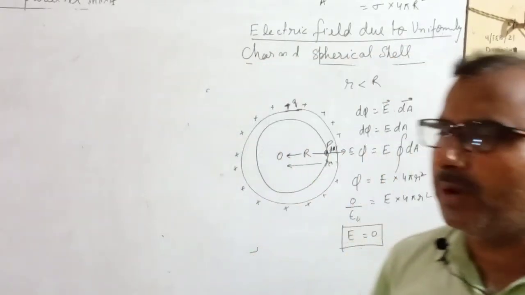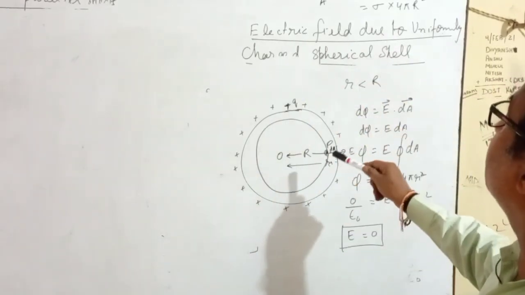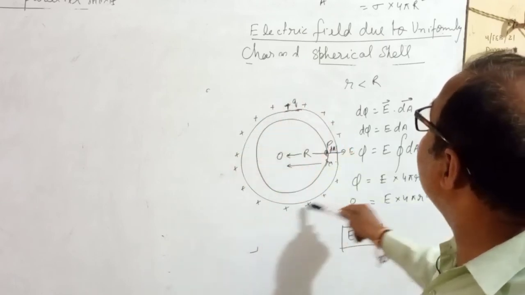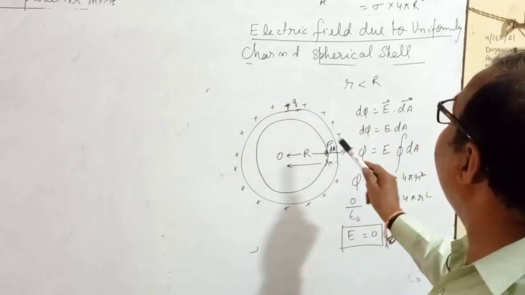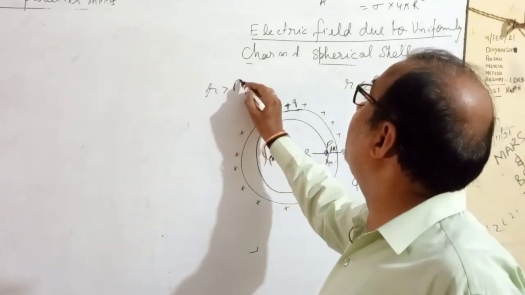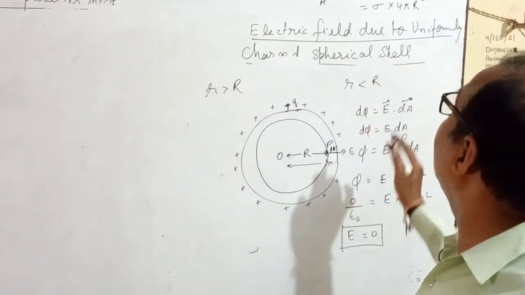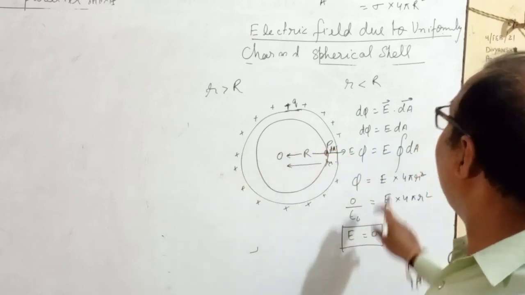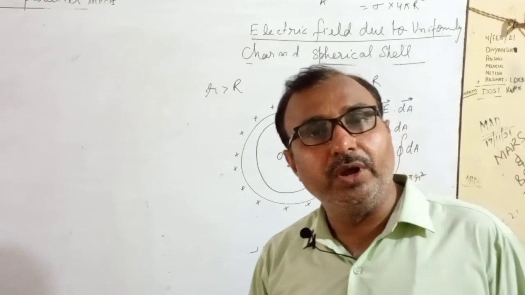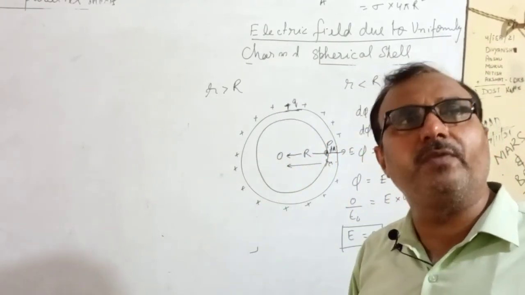Theoretically, numerical problems are there. Those problems we can discuss just now. Any problem you can ask. See here, this is a sphere. You have to find out intensity of electric field at 3 positions. First position, small r greater than capital R, which means outside; outside you already found it. Then at the surface. Then inside: always remember electric field intensity is 0 anywhere inside the conductor.